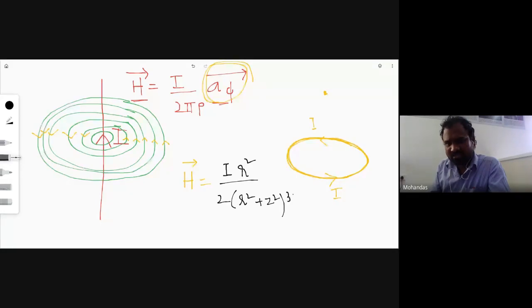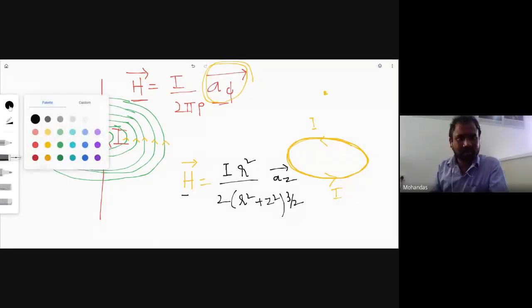This will give the magnitude of that magnetic field intensity. It will give what? A magnitude. 10 ampere per meter, like that. Now, the magnetic field intensity will be in the direction of which unit vector? That is important. It is in the direction of AZ. Very good.